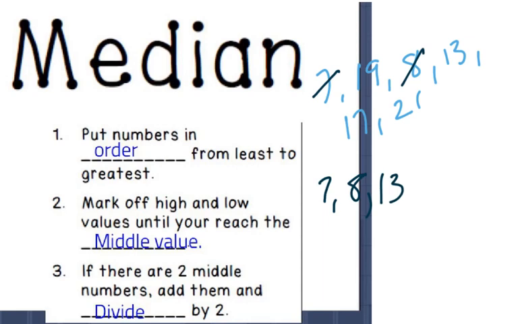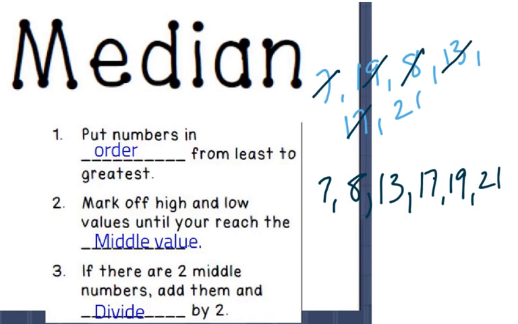What's my next lowest value? 13. Okay, I'm going to cross that out, so I know I covered it. Then 17. I cross that out. Then 19. Cross it out. 21. Okay, now I have all of my data. 1, 2, 3, 4, 5, 6. I counted them all. Made sure I was good. In order from least to greatest.